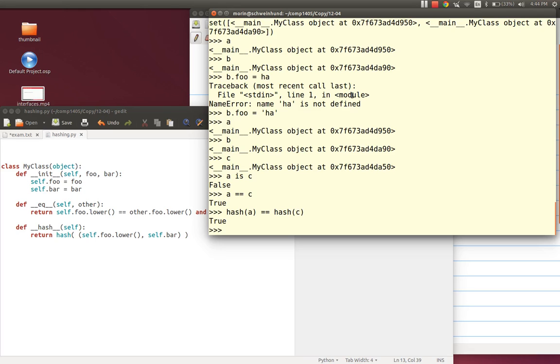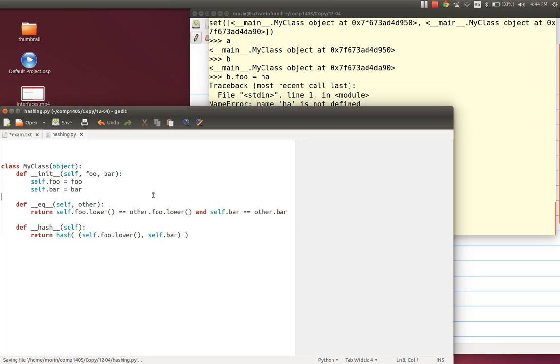And if you fail to do this hashing thing, then the results are unpredictable. It doesn't look like it here because we keep ending up with both objects in the set, but that's highly dependent on the implementation and exactly what happens with the different hash values. There's still a decent chance that you may get only one of the elements in the set, or you may get both of the elements in the set. You never can really be sure. Okay.